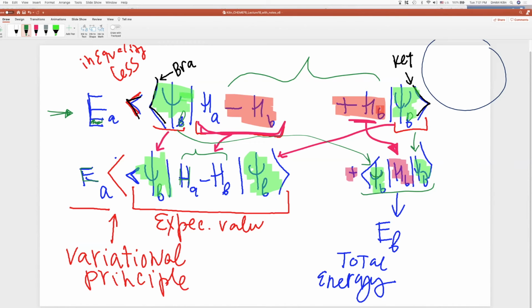Yes. Okay. So on the left, we have an inequality. On the left, there is the minimal energy, E sub A. And on the right side, we have two terms. One is the subtraction of our ideal Hamiltonian H A minus some crazy H B. And on the very far right, we have the matrix element of this crazy H sub B taken as a sandwich with bra and ket of this updated wave function psi B.